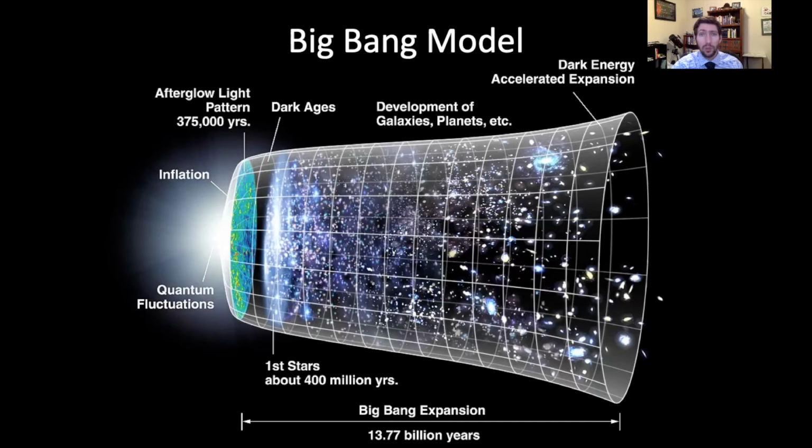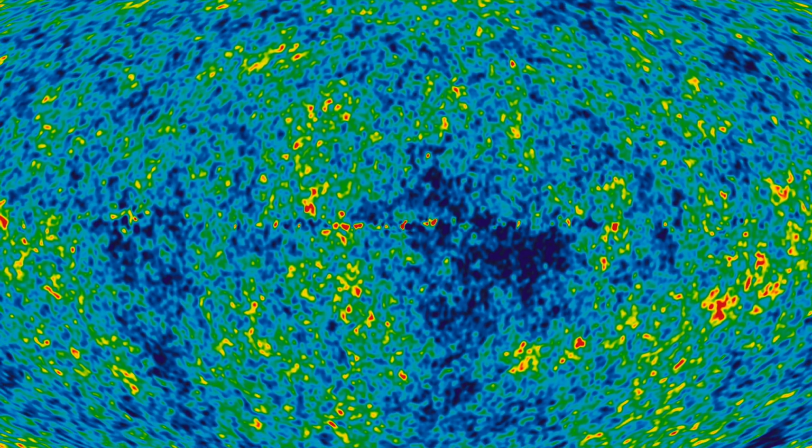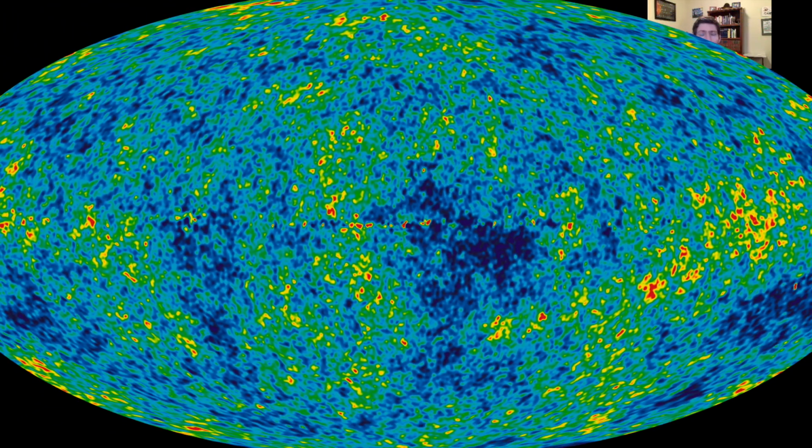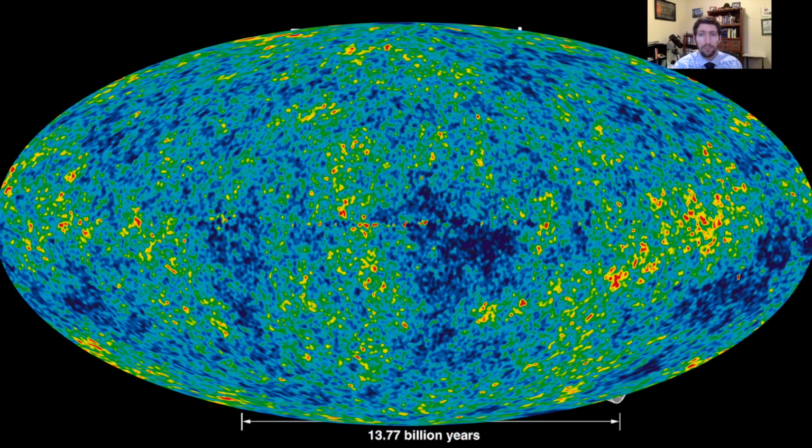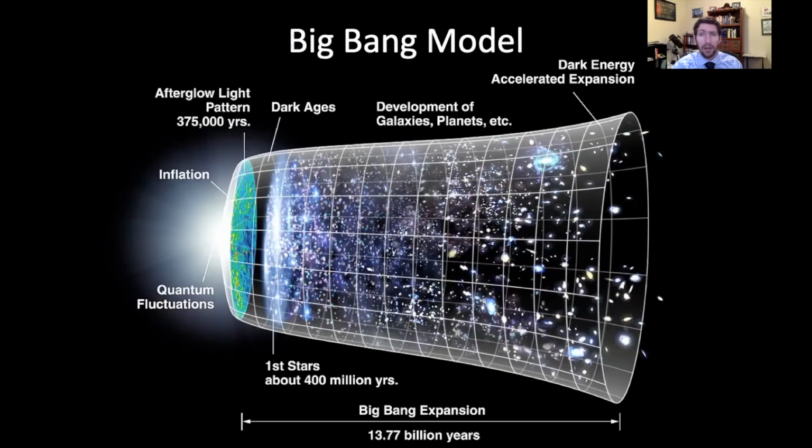How Penzias and Wilson in 1964 stumbled upon the cosmic microwave background radiation, and how we've recently measured and mapped the anisotropies of the cosmic microwave background. The Big Bang model has been refined over time as new discoveries have been made. So based on today's Big Bang model, how has the universe evolved over time?